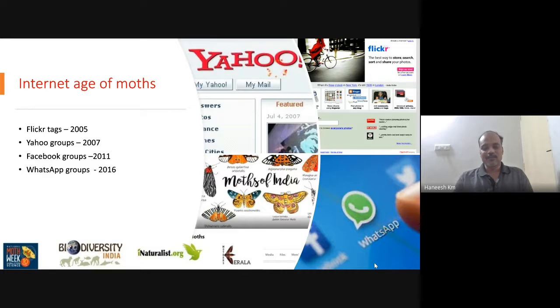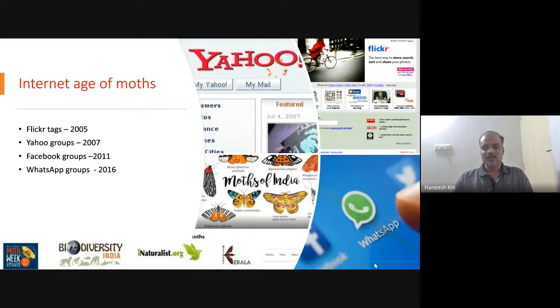Then only all the moths from this particular region will be easily searchable. So they started some Flickr tags on Indian moths. Then in 2007, the Yahoo groups, the mail groups. If you want to identify some moth picture, you can share it through